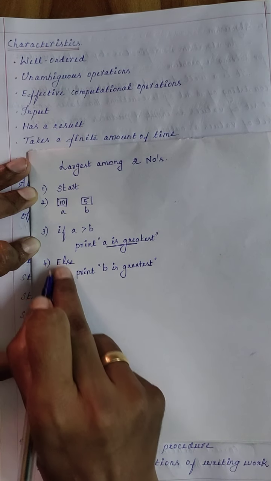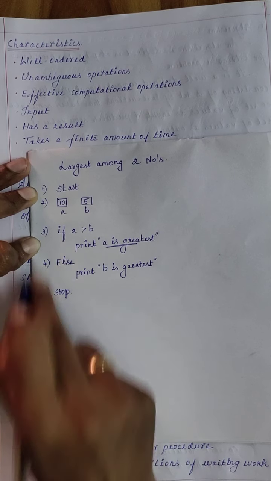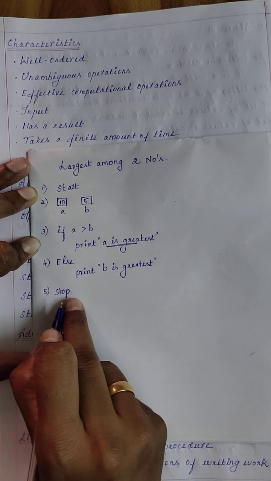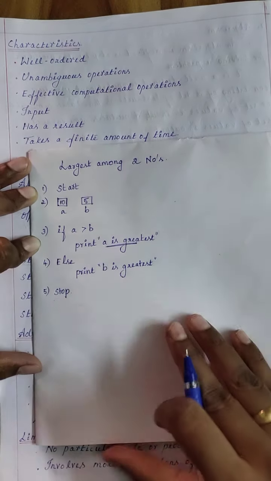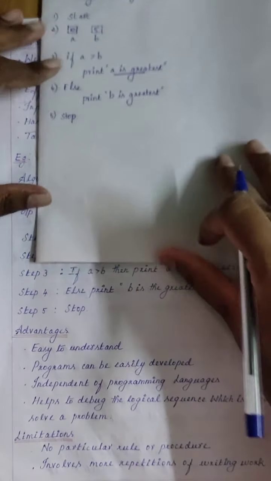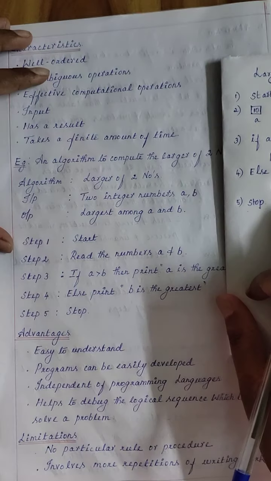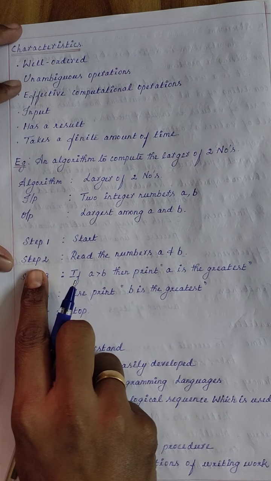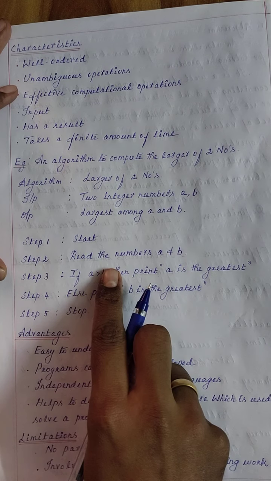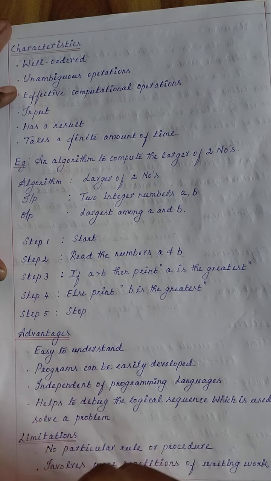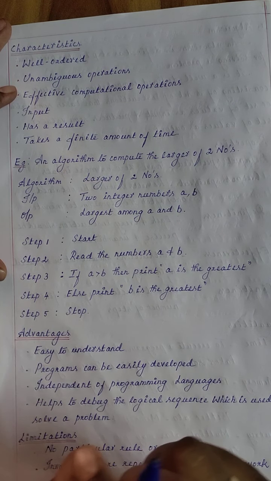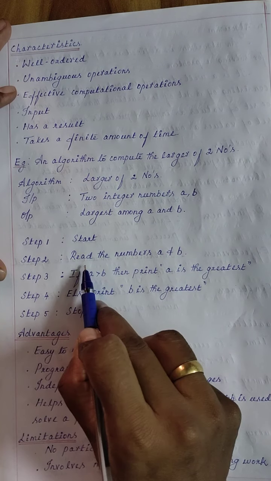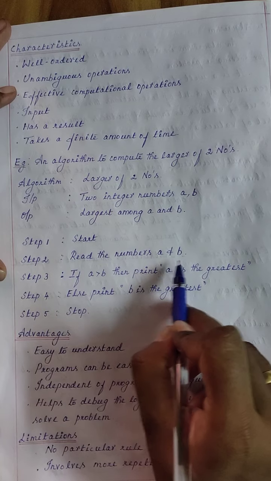Okay, then this part is not at all executed, and finally we come to this statement. So this is stop. Okay, so I am just going to write the algorithm for this. So the first step is start, and second, as I already said, an algorithm has simple English sentences. You have to write the algorithm in English. Okay, so I'm just writing some English sentences. Read the numbers A and B.